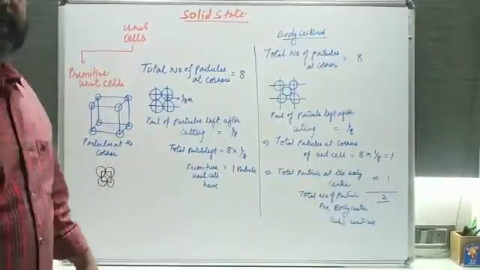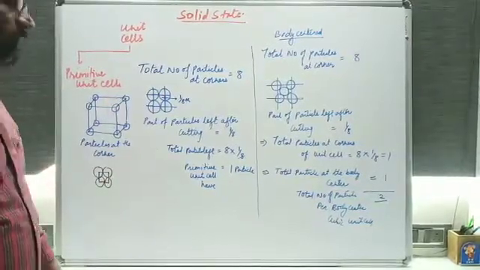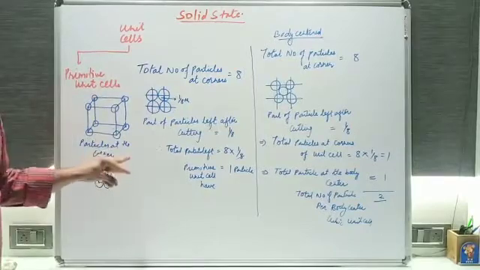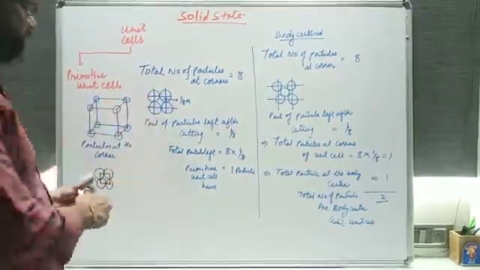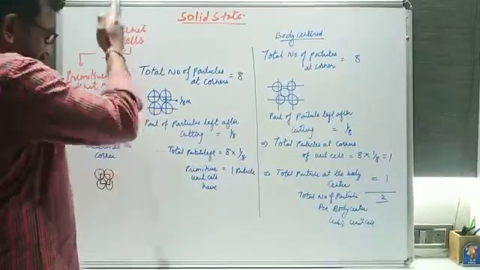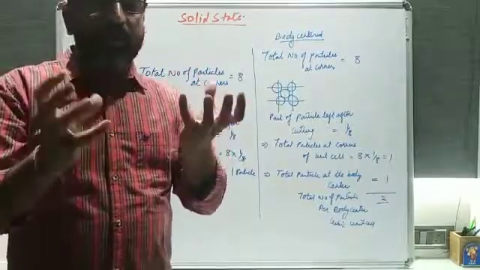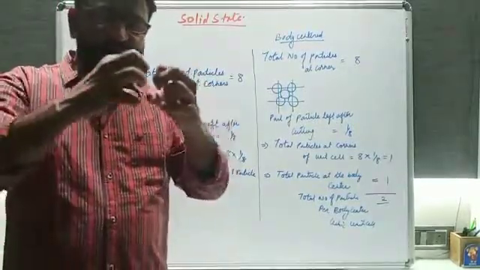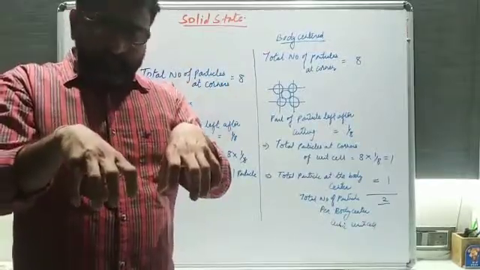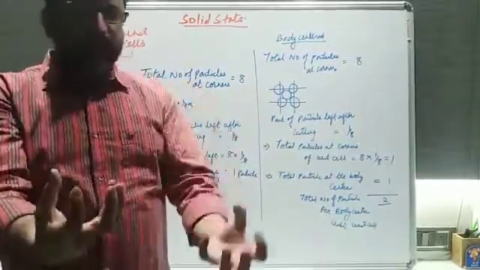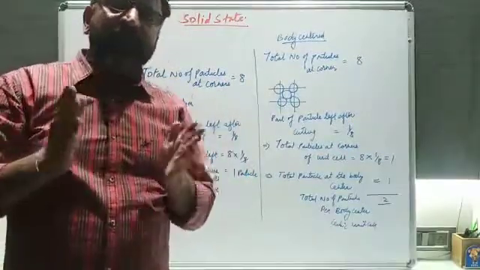Now we are calculating the number of particles per unit cell. Let's start with the first cell, that is the primitive unit cell. I told you that all the particles are connected with each other, so I have made one diagram where all particles are connected with each other. If the particles are similar to a ball, or we can say spherical particles, then all spheres are connected with each other. 1, 2, 3, 4. So four particles are there at the bottom, 4 upside, 4 downside. So total will be 8.